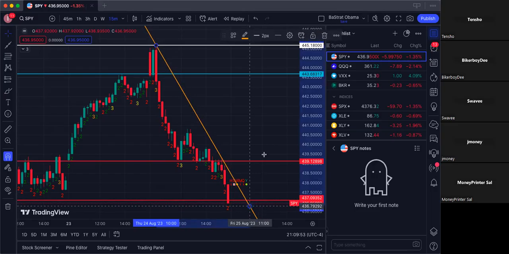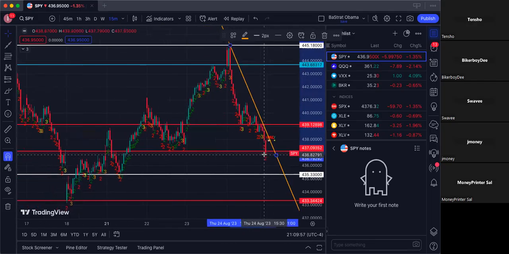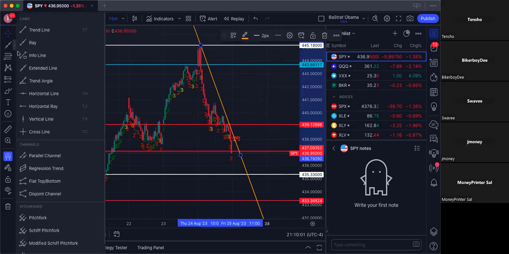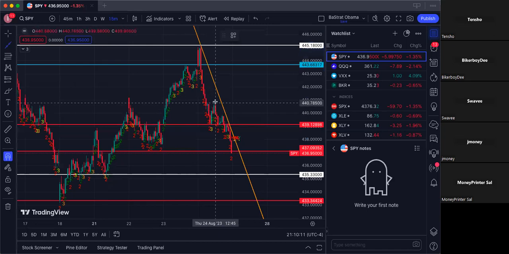Yeah, I agree. I agree with Southside. I see most people, they'll get into the play and they don't let that candle close. That's important, because you have to let that candle close to get that confirmation that you need. I see a lot of people jumping the gun on that. Like for the beginners that are in here,